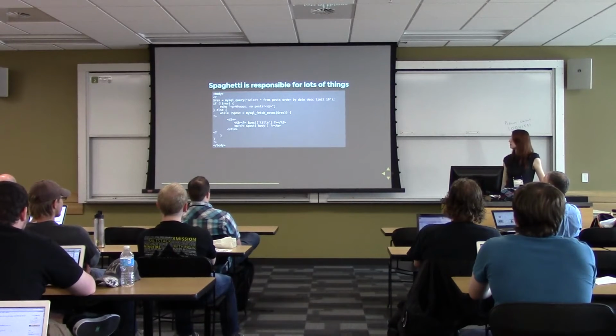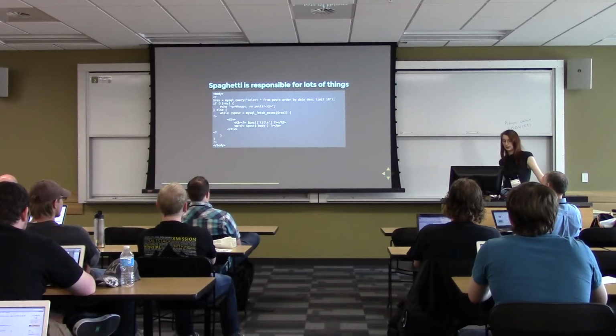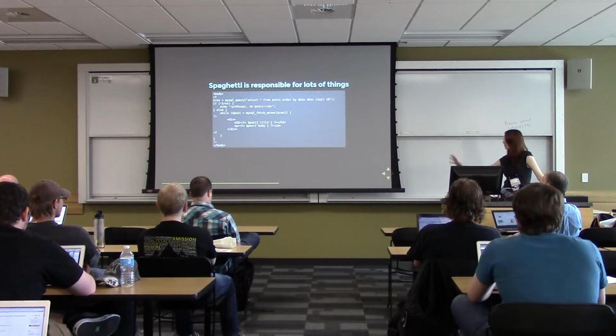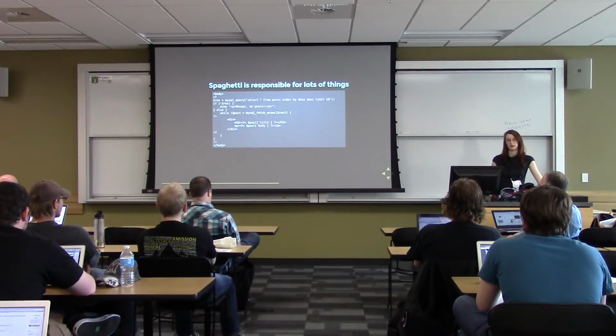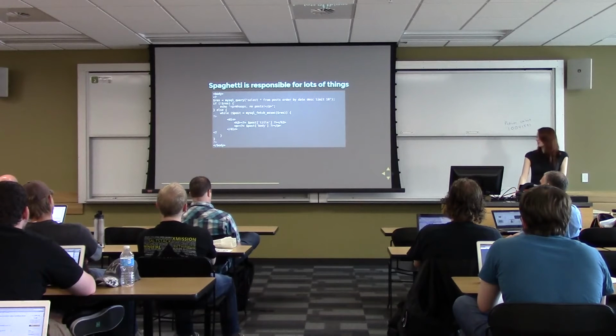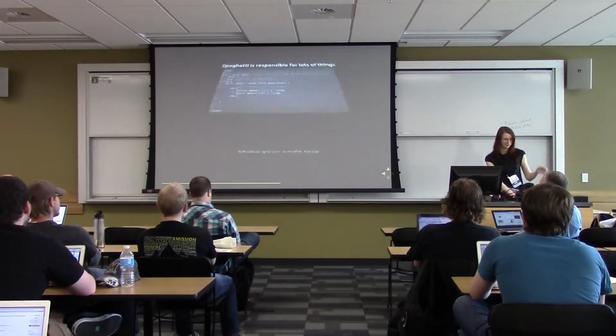So if there's no posts, we're putting out this paragraph of "whoops, no posts," and otherwise we're looping through everything. And then we're doing more HTML, more rendering, more view. And then we're closing off the render at the bottom. So there's a lot. This code is doing a lot. This is macaroni. Lots of stuff going on in this one piece of code. It's overachieving. It's trying too hard.